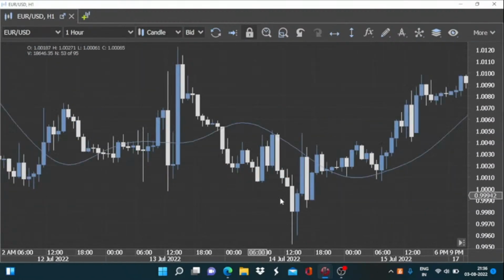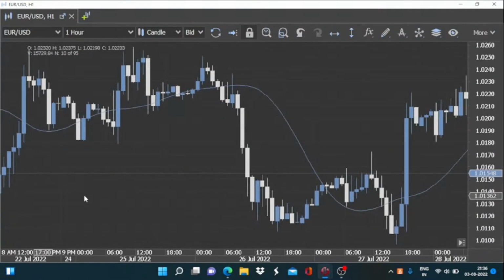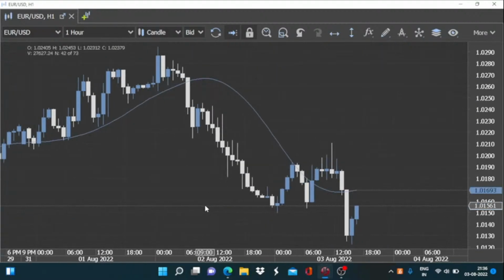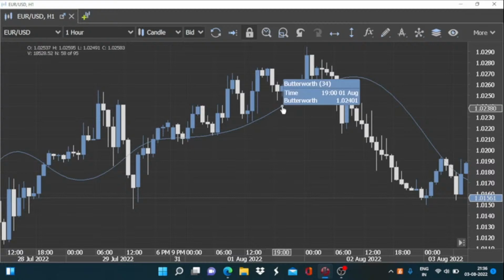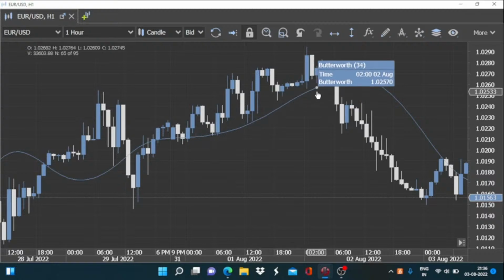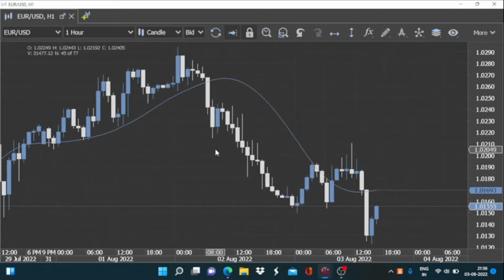Then there are various ways you can take advantage of this information. If you want to use it just like the moving average, then you can make a case that it is better to go for a long trade when we have this indicator inching higher. When these Butterworth values are on the rise, it is a higher probability trade if we were to go long in it. And if we see that the Butterworth indicator plotting is in the declining phase, then